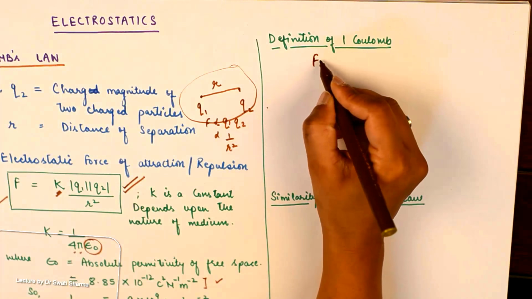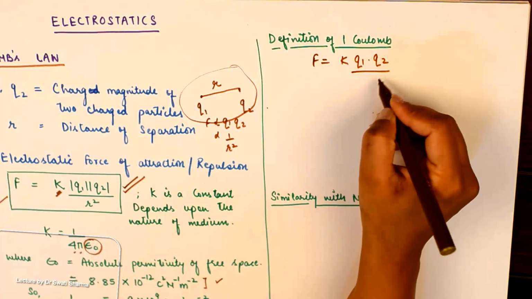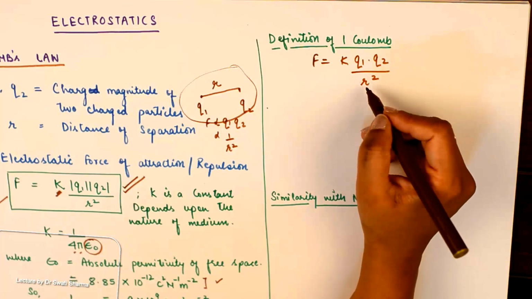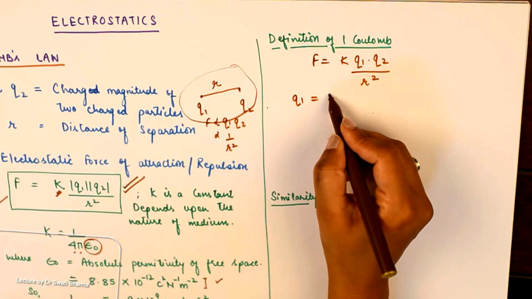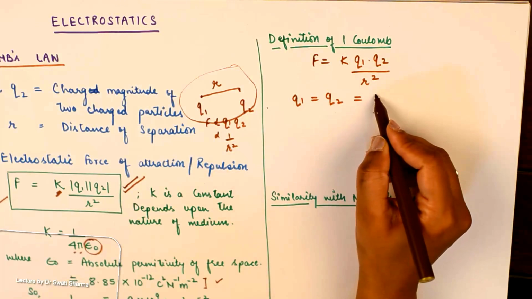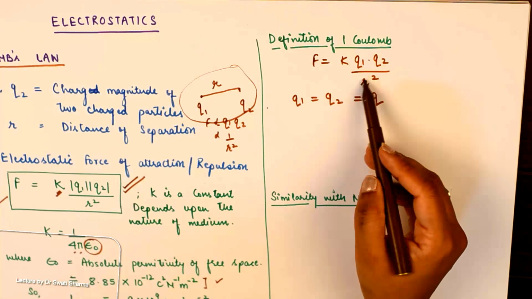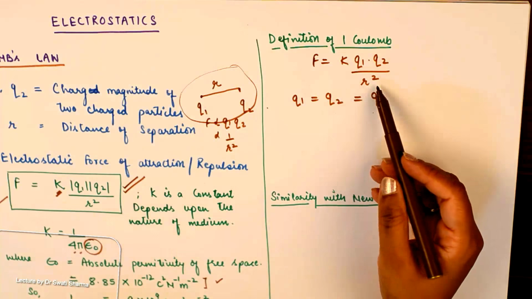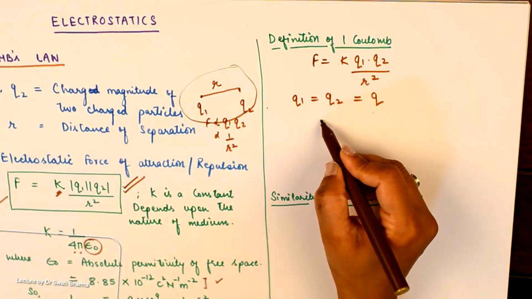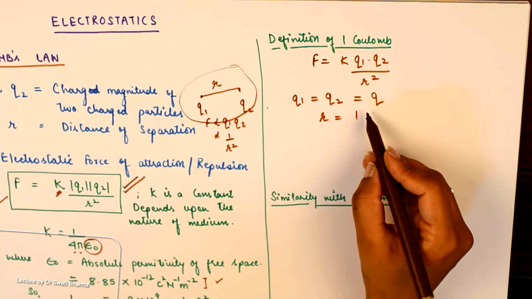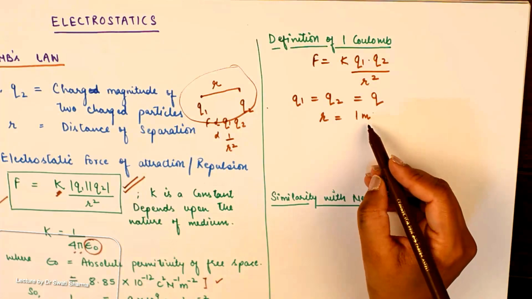I'll simply write down F is equal to K Q1 Q2 upon R square, and assume that Q1 is equal to Q2 is equal to Q, which means the two charges are the same in magnitude, both having the same magnitude Q, separated by a distance of, let us say, 1 meter. I'll talk in SI units, and exerting